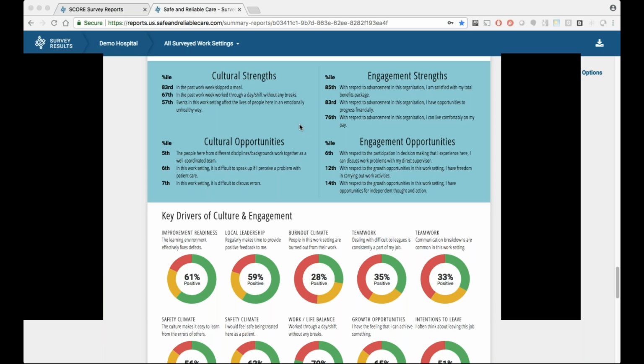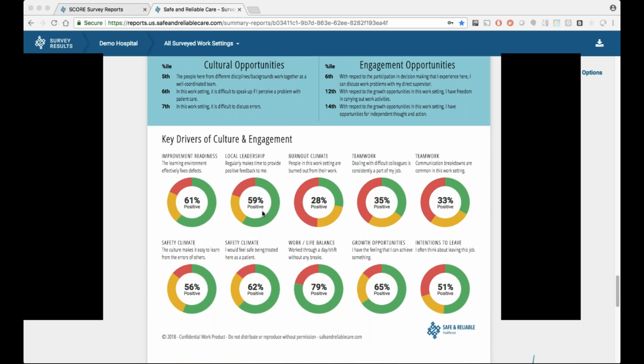Yeah, great question. And that same principle applies down here as well, and throughout the rest of the report. You'll notice that some of these questions are positively worded and others are negatively worded. We take care of that and make sure to flip them in terms of how we consider that in the scoring. So if you look here, the percent positive in each one of these circle diagrams represents the individuals who had